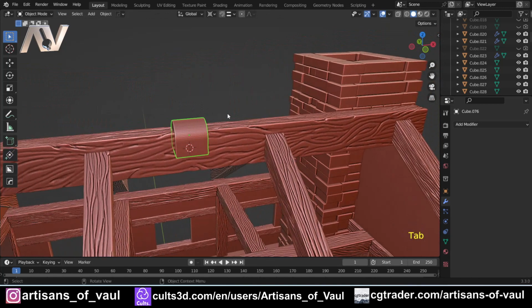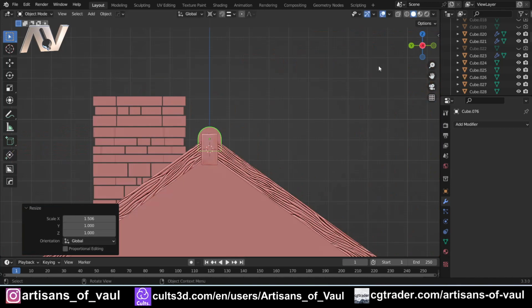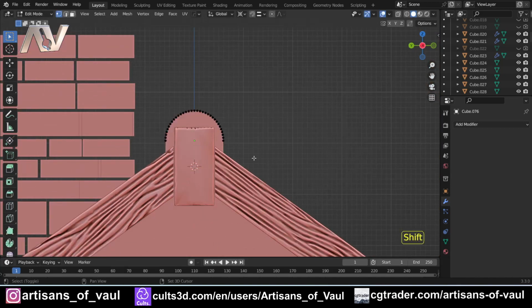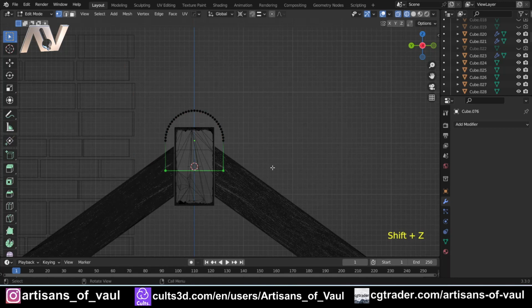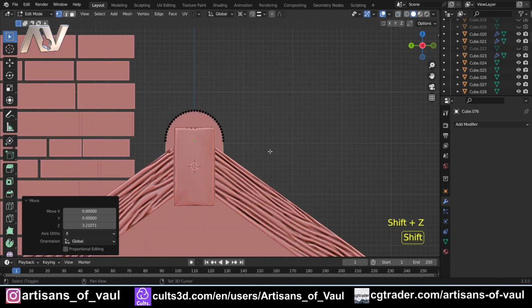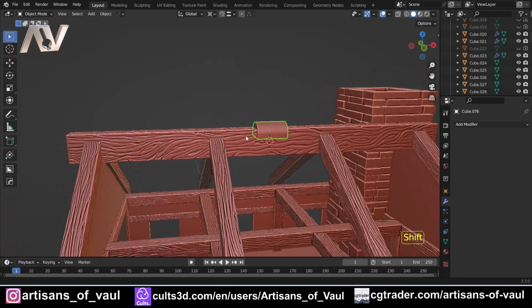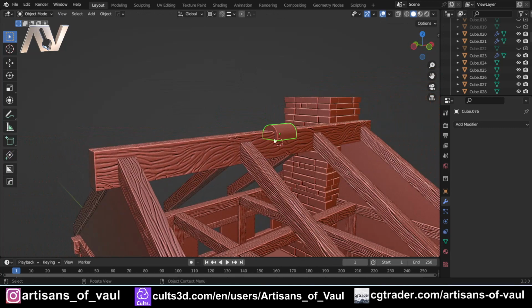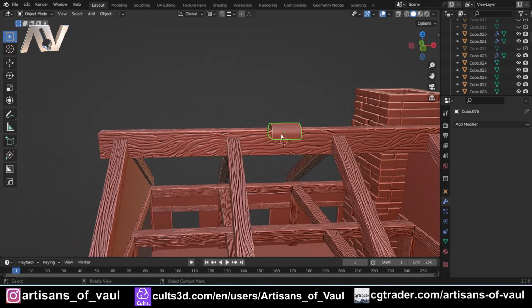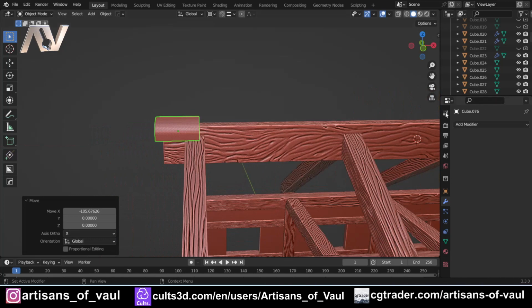And then back into object mode, let's make this a little bit longer, so S, then X, and then let's go to something about that. Let's have a look at where that is on the side. That's perfectly fine. Let's go into X-ray mode with Shift and Z, grab those, G and Z, and bring those up to somewhere about there. You'll notice this is a solid object, which obviously a tile wouldn't be, but this is really important for 3D printing. We don't want these hidden voids in there where you might catch or collect resin during the 3D printing process. G and X, let's move that along so we're fully protecting that ridge,